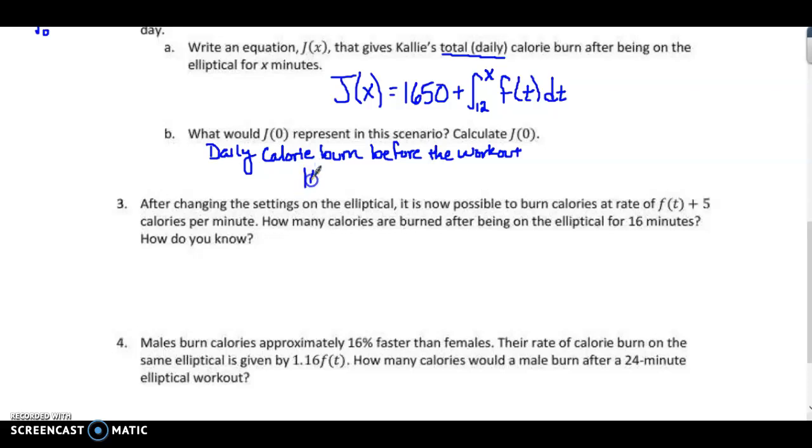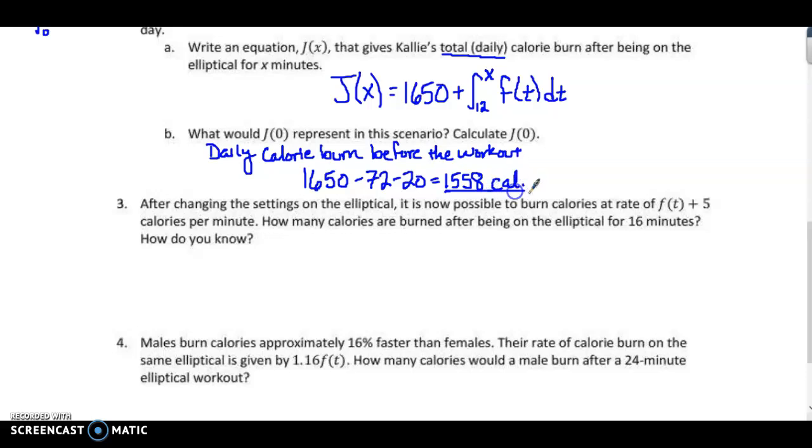Well, we'd start with the 1,650, and then we would subtract 72 and 20. We'd subtract what she burned during the workout. So looks like her daily calorie burn before the workout was 1,558